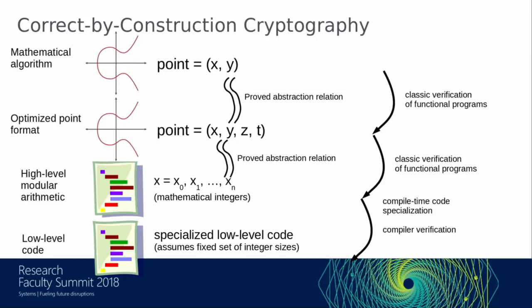And then out pops idiomatic C code with particular types for all the variables that are being used. The important thing is each of those arrows on the right side is carrying a proof, and they're all snapped together in a common framework. So we get that the low-level code is truly implementing the mathematical algorithm that we started with. And this whole pipeline runs automatically. It's not a new manual effort to consider a new space.